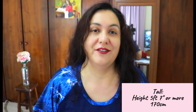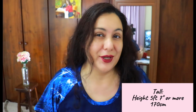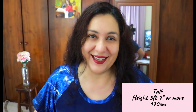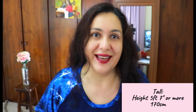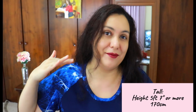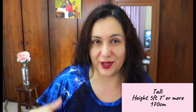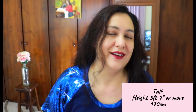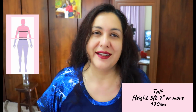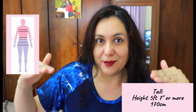I measure myself at 5'8", but actually I'm really short-waisted for my height in my proportions. So my bodice measurements are pretty standard. I think I measure the same that a woman that's 2 or 3 inches shorter than me would. So I rarely need to make adjustments to bodices. Rarely, sometimes I do need to add above the waist because I need my waist to be a little bit